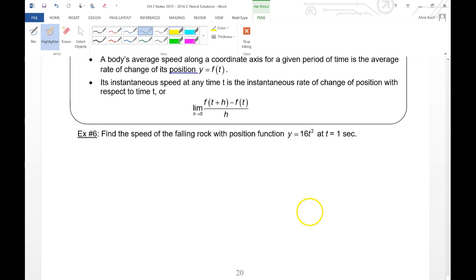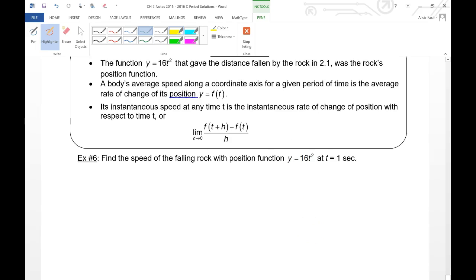It's just because I'm showing you our conclusion and reminding you that this is the instantaneous rate of change. So when I'm asking you for the speed,